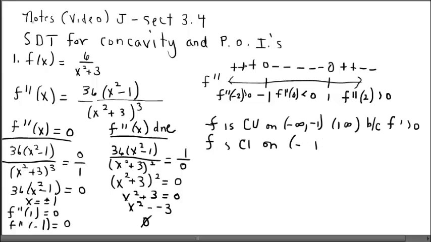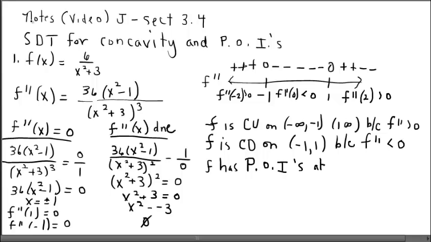We want to justify our answers. Because f double prime is negative. And then also we observe that we do have a point, more than one actually, point of inflection. So f has, I'm going to double up here and say points of inflection, POIs, plural, at the x values of positive, negative 1,